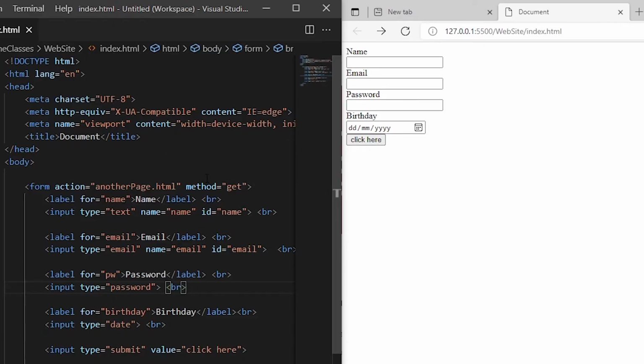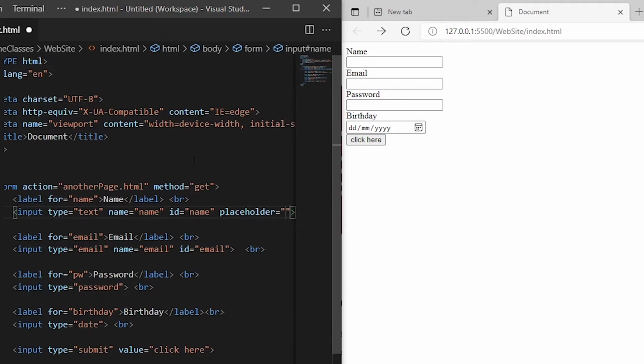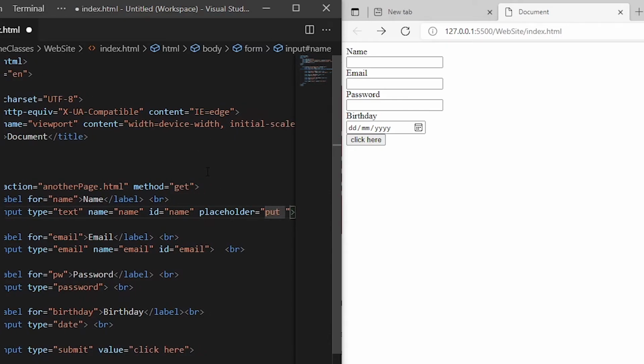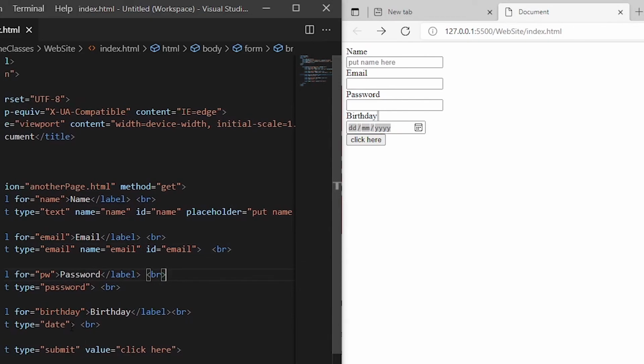But you also can set placeholders. Placeholders are used to explain a little bit more what you are supposed to put. So, placeholder, we can put name here, and if you don't write anything, it will be shown here. It only appears in text box stuff. So if you put it in date, it will not appear, of course. See, but if you put it in the email,